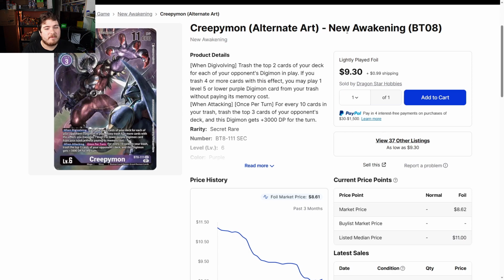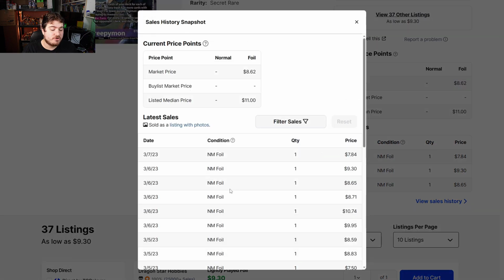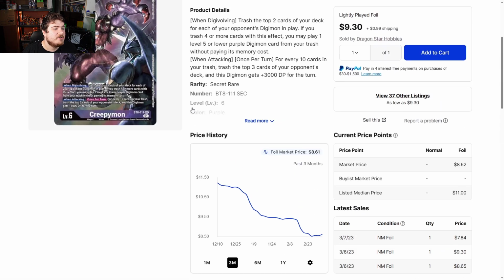Then we're going to talk about Creepymon alternate art. The reason I'm going to bring up Creepymon is that you should keep this on your radar, especially for purple pre-release, because most purple decks do what? They mill and trash. They are constantly filling their trash. So a one tech Creepymon could definitely sway the tides in your favor, because being able to mill your opponent